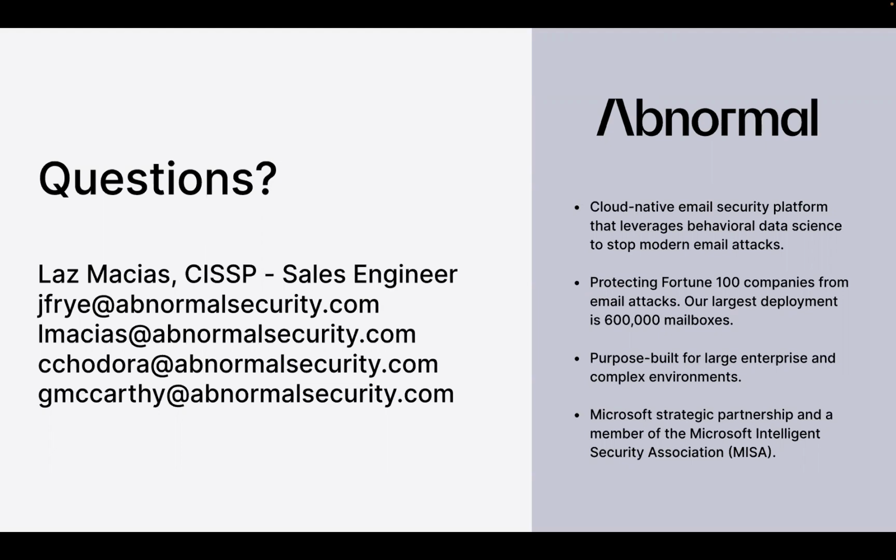What I did want to highlight on the right-hand side is we are a cloud-native email platform. We are API-based. We're designed from the ground up to catch the more modern email attacks. We're protecting a variety of Fortune 100 companies. I have customers that are 20 mailboxes. I have customers that are 600,000 mailboxes. Companies like Royal Caribbean, Johnson & Johnson, Liberty Mutual, Mass Mutual. You have hundreds of customers that are the larger enterprise focused that we also, of course, want to be able to assist and help in this email security journey.